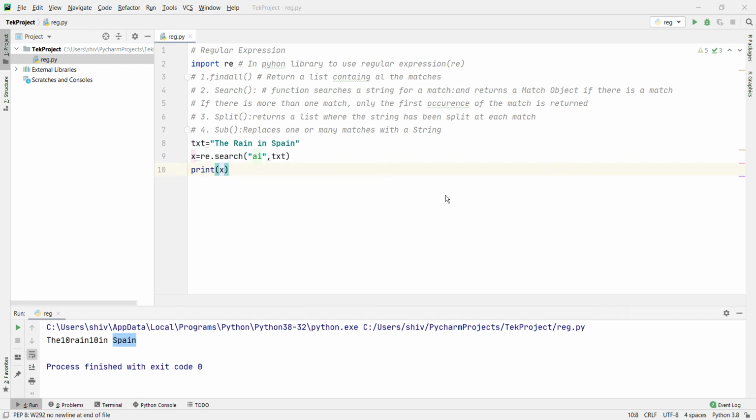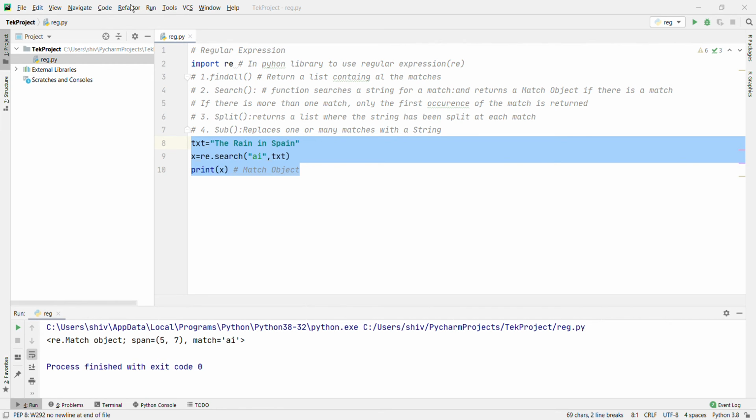Now let's run it. What will search basically return? A match object. Let's run it and see. Okay, this is the match object, span (5, 7), match "ai". This is clear now.